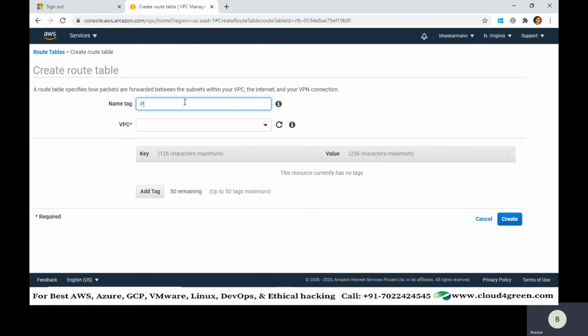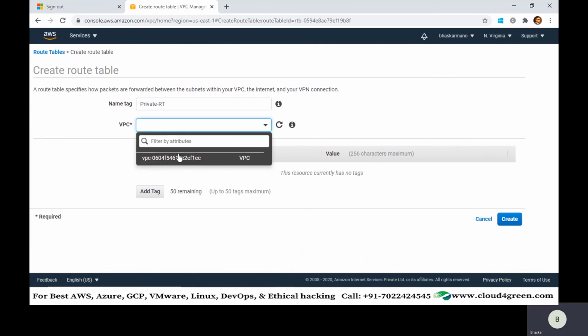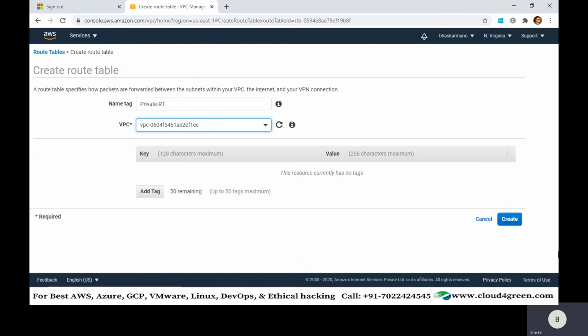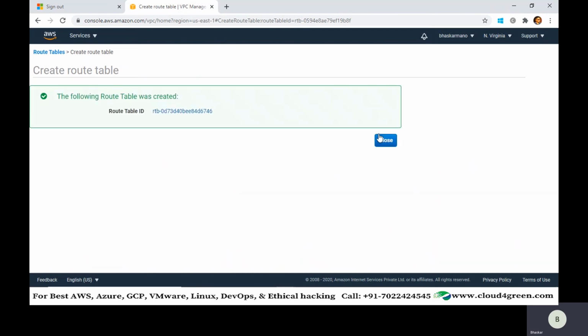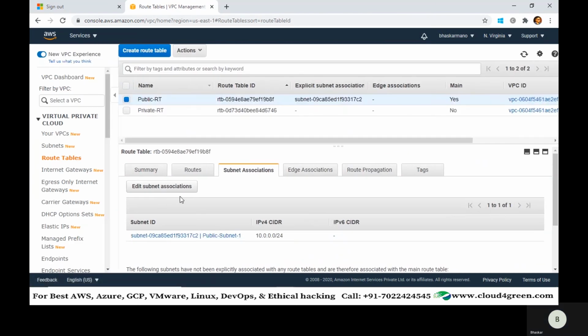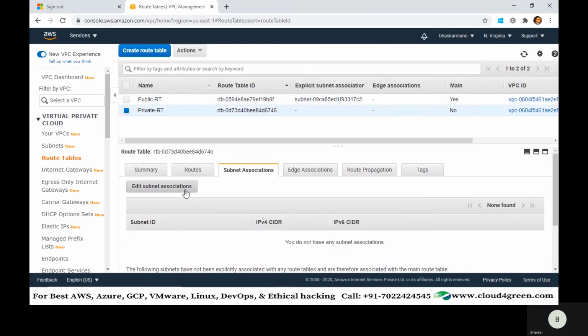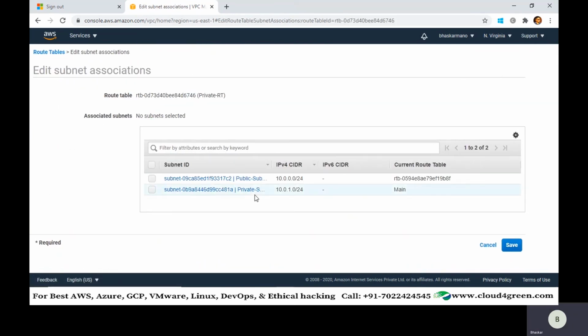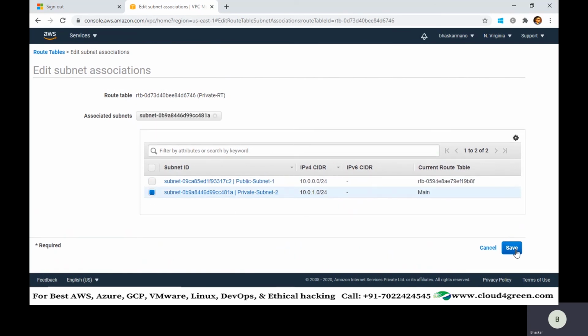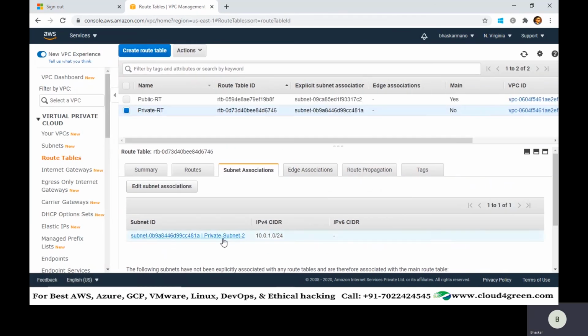Let me call it private RT, pointing to the same VPC. Create. Now I'm going to associate the private subnet. Edit, and this second one is my private subnet. Let me associate this, and you can see the private subnet is associated. Now